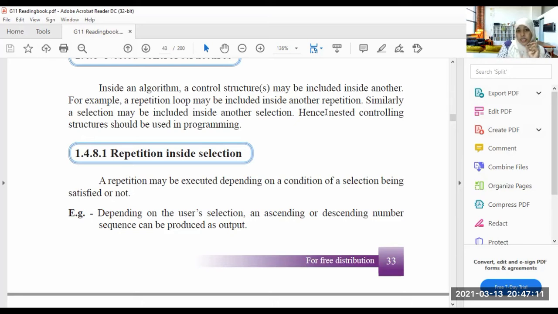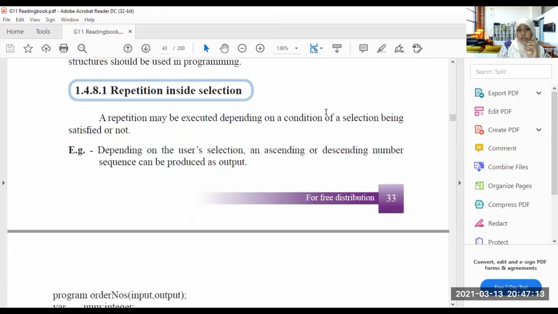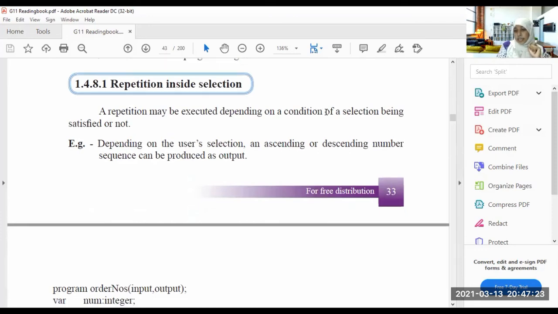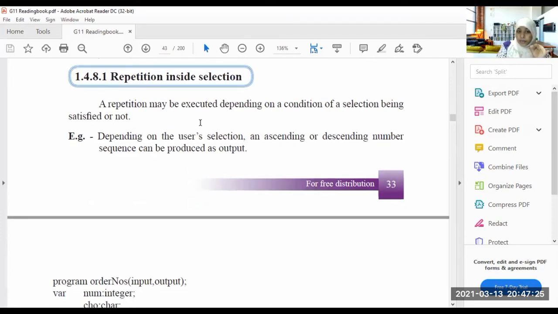In nested control structures, the first one is the repetition inside selection. There will be a repetition inside the selection. A repetition may be executed depending on whether a condition of a selection is satisfied or not.